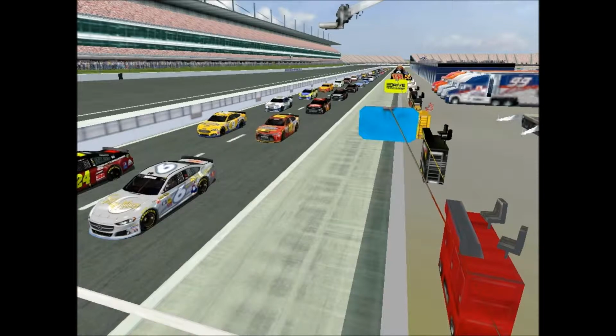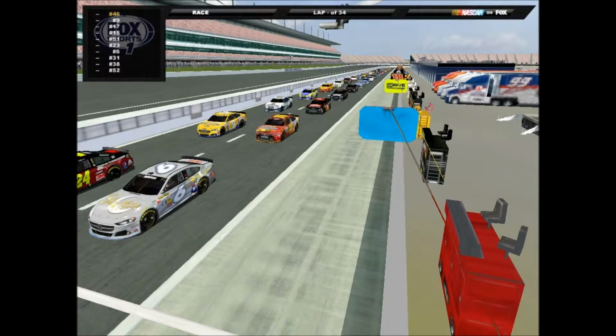Hello everybody and welcome to the very first international race here in the Budweiser All-Pro Series. That is right, we are here at Rockingham, UK. We are in the United Kingdom for our next race, and it is going to be a good one, ladies and gentlemen. We've got 34 laps of racing